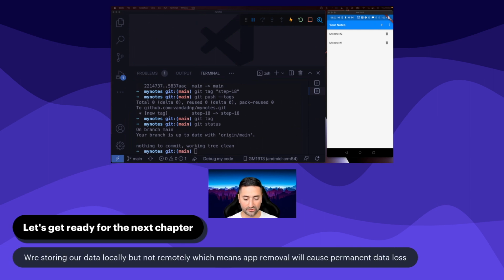Wow, fantastic. So again, as tradition is, at the end of every chapter we always talk about what we're going to go through in the next chapter. So up until this point, we've been using our Notes CRUD service, and that's been working really good. Everything's been saved on the device. However, if you really think about it,